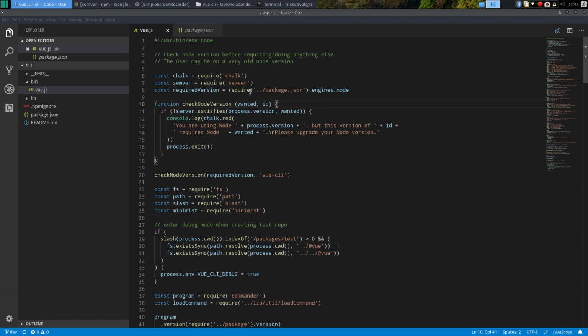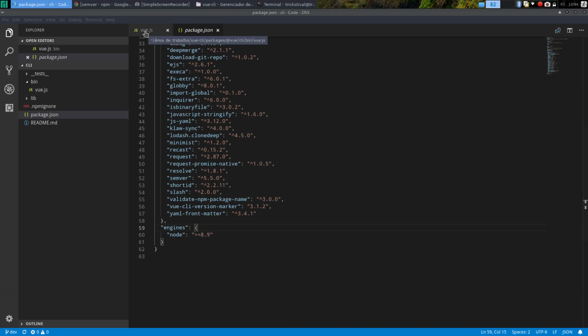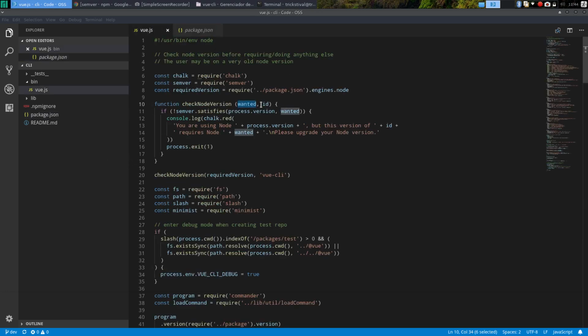So here's the wanted version. It should be greater than or equal to 8.9, and we have the second, that is ID. I don't know what that is for. Okay, so if it doesn't satisfy, it's just being called here. Oh, the ID is vue-cli. So here we have vue-cli, and here we have this wanted key, that is the version. So if the process.version does not satisfy the wanted thing,